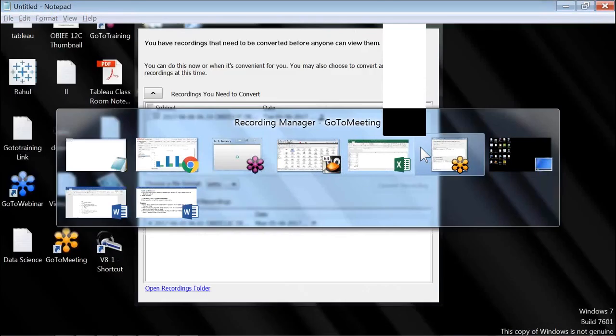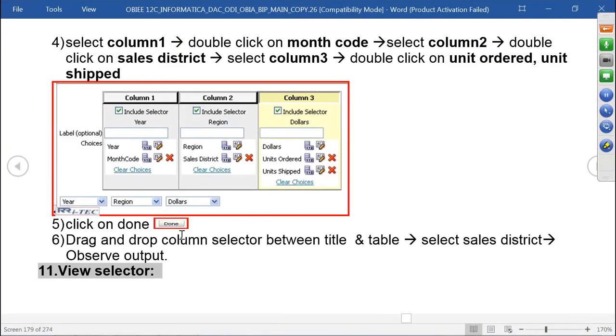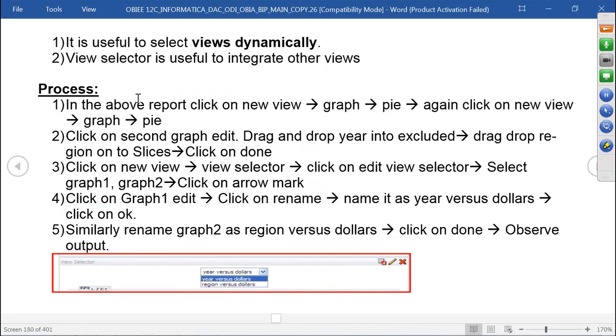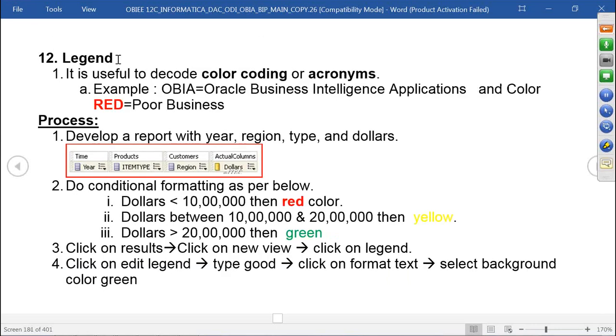We try to walk through the notes once. We have now the view selector. It is useful to select views dynamically, and to integrate other views. In our case, two views we integrated. One is detail, another is summarized. Here I can give other names, like year versus dollars and region versus dollars, two views I created here. Now the next one available is called